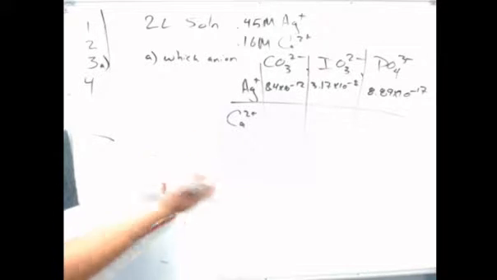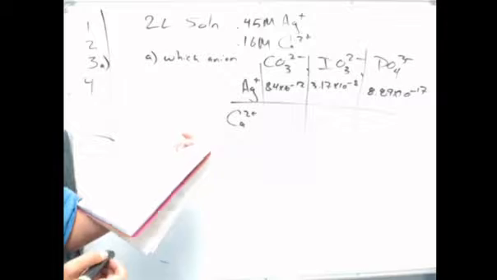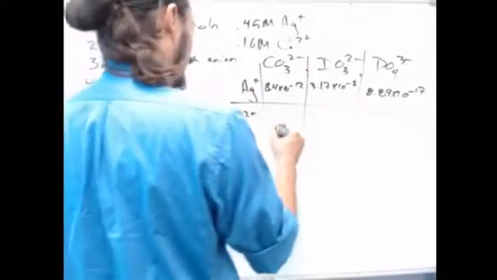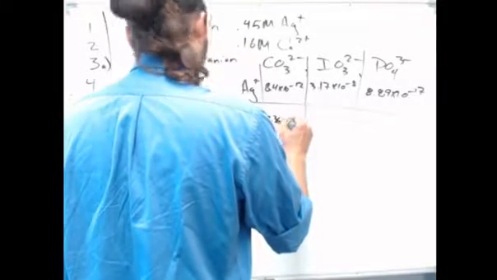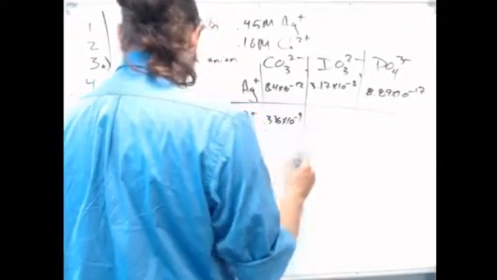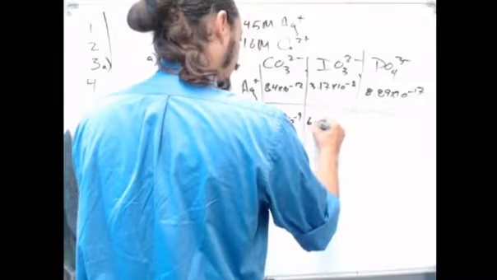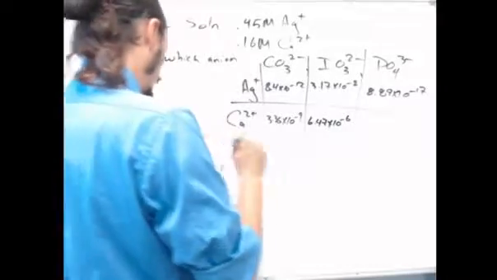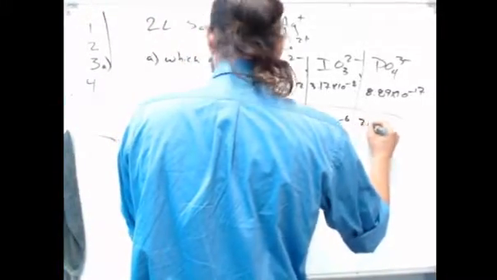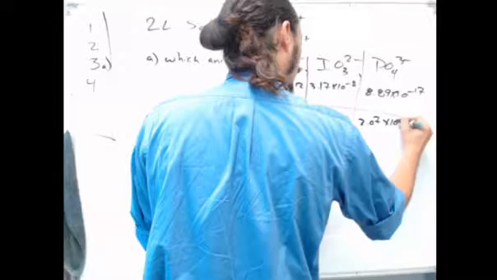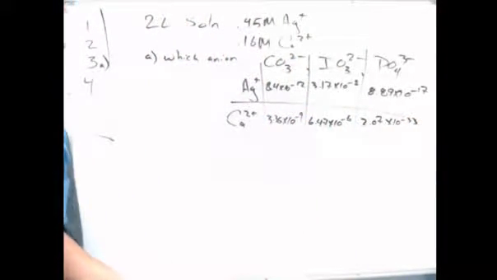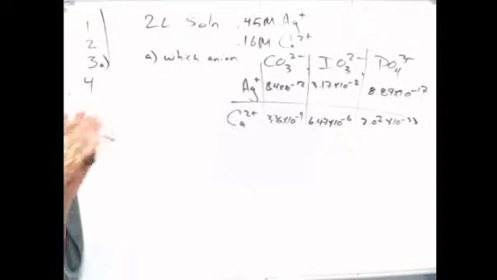Right now, this gives us no information about which anion would be best, right? We want to find the largest difference in KSP. So let's go ahead and look at the carbonates. 3.36 times 10 to the minus 9. 6.47 times 10 to the minus 6. And 2.07 times 10 to the minus 33. Wow. Okay, so when we start to look at this, we have to think, okay, so what is going to